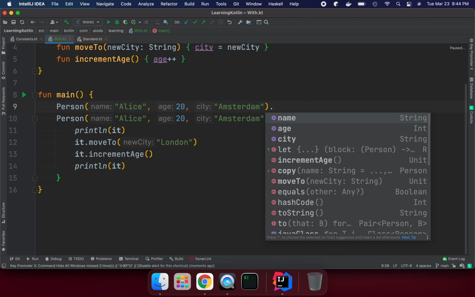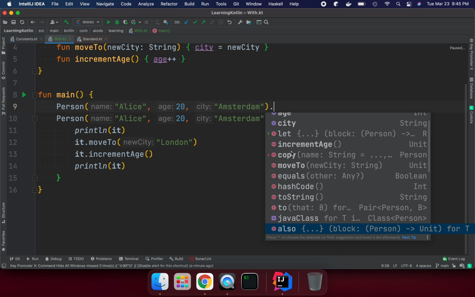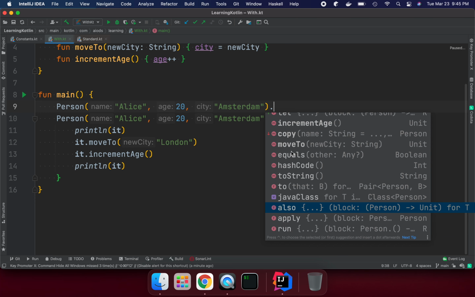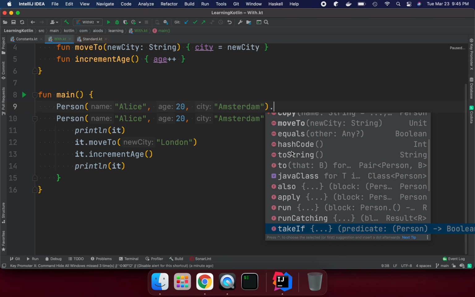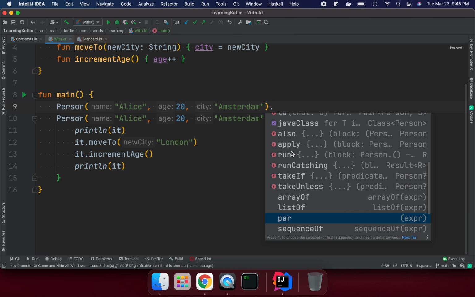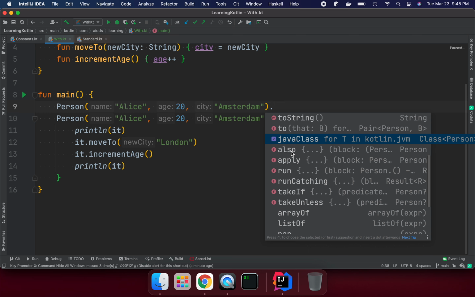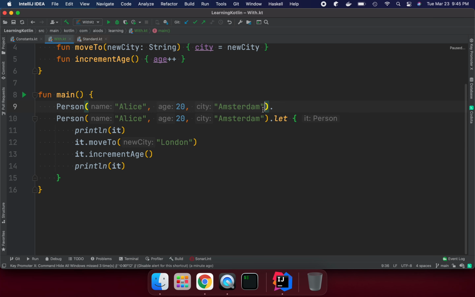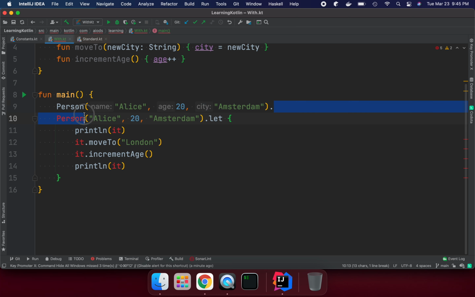If we use dot, we can see these scope functions available for us: let, also, apply, run, takeIf, and takeUnless. They are available on the context, which is the object context. So these are the scope functions we have here, and they are available on the context.